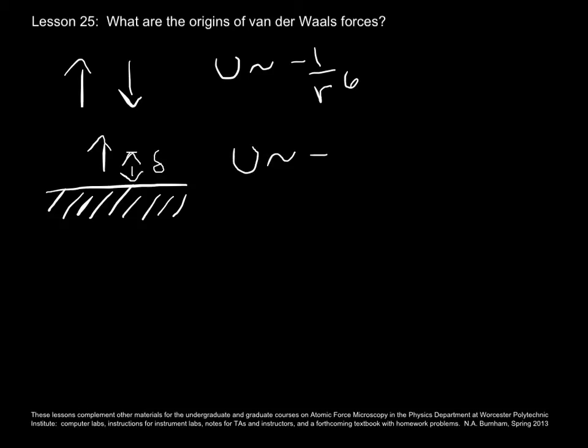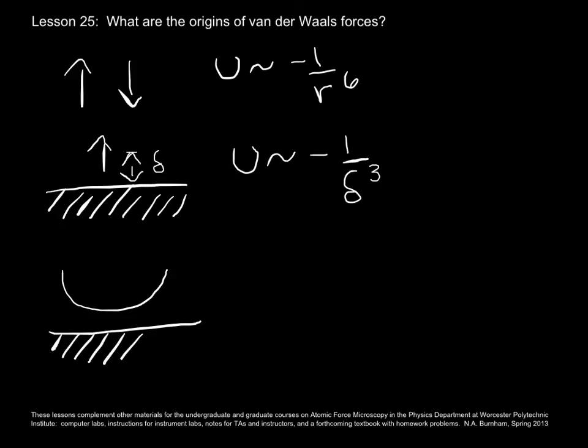That potential becomes 1 over distance cubed, because you're integrating over the 3 dimensions of the volume. And then, knowing that, you integrate up over the hemisphere of the tip,